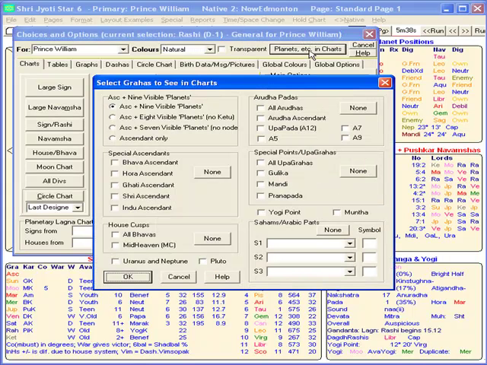And you can also decide what you want to see in the chart. Do you want to see just the 9 standard planets and the ascendant? Do you want to keep fewer planets, like no Rahu and Ketu, or you want to add in certain special ascendants, house cusps, outer planets,